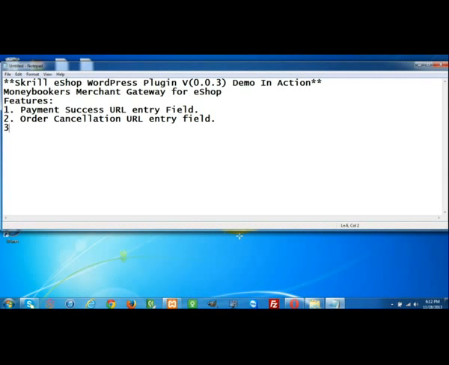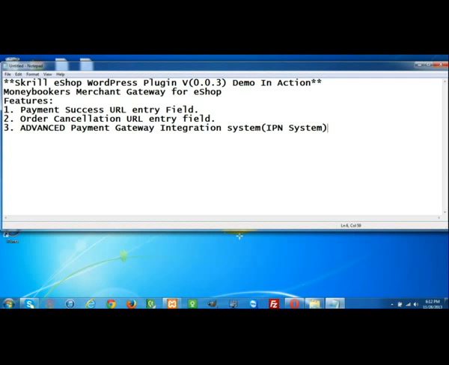And another important feature, this plugin uses an advanced payment gateway integration system. Of course, it's the IPN system. Why am I stressing that the payment gateway is advanced?